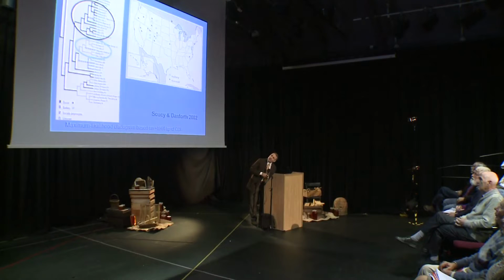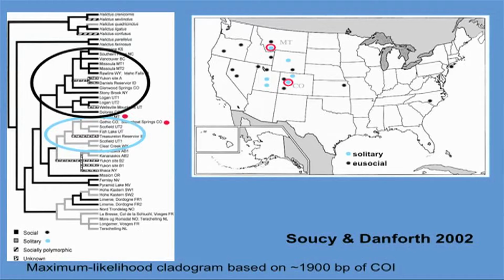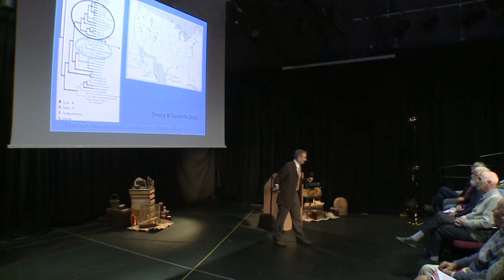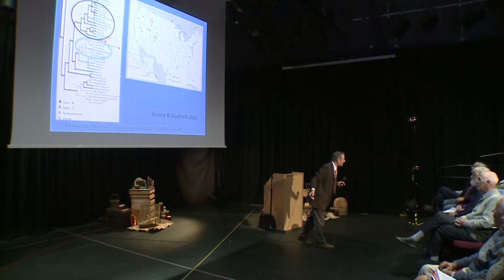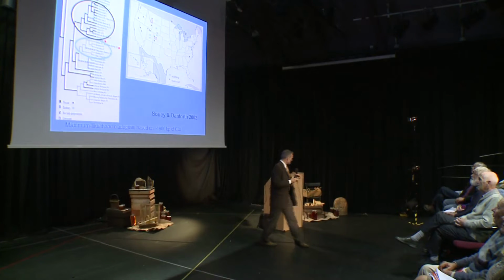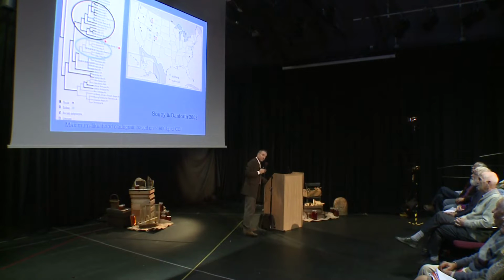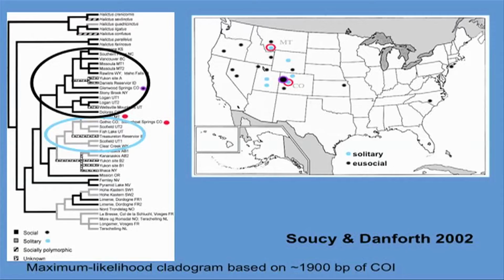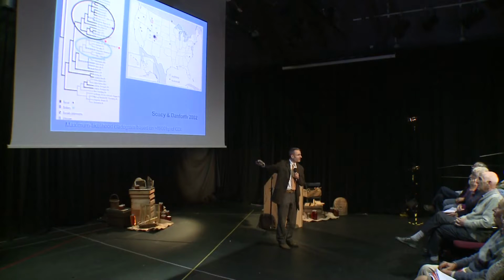But if we look where they are geographically, there's Colorado and Montana. There's two individuals that are geographically 1,000 kilometres apart, a long distance apart. But phylogenetically, so genetically, extremely close. And if we look at this population here, which is at Greenwood Spring in Colorado, it's geographically really close, but it's social, not solitary. It's genetically very far apart.